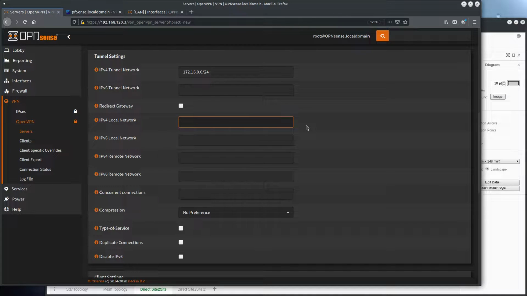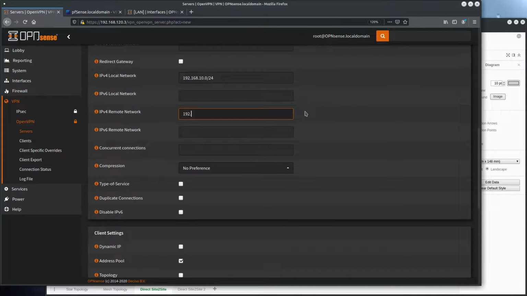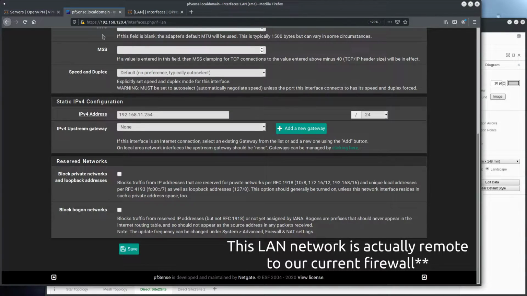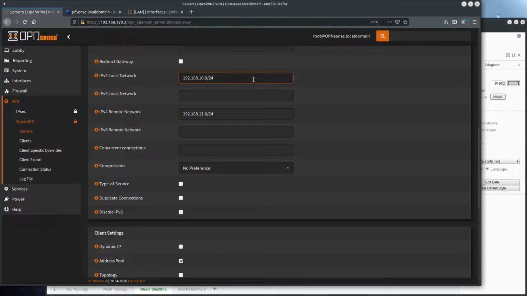Now specify our IPv4 local network, which is in my case 192.168.10.0/24. Then for the remote network, specify 192.168.11.0/24, because this is the network that's located in our pfSense box, as you can see right here. If you have any more local or remote networks, just specify them in the appropriate field and separate them using commas. Like for example, if we had a 10.1.1.0/24 network on this side, I'll just separate them with a comma and type in